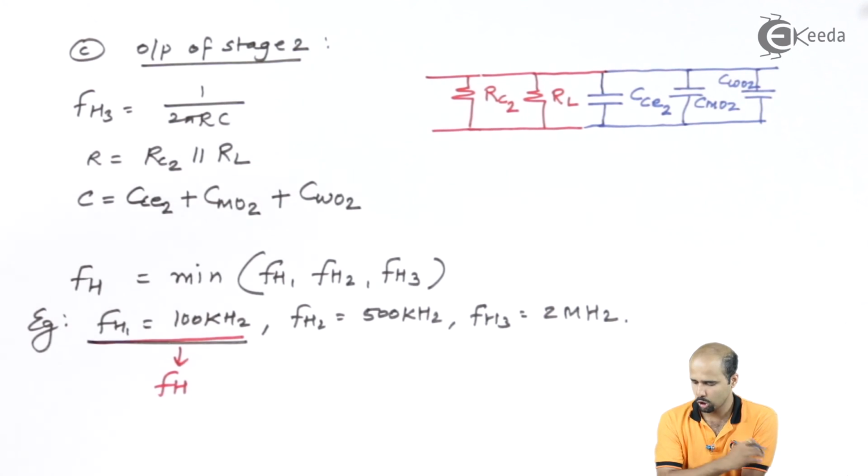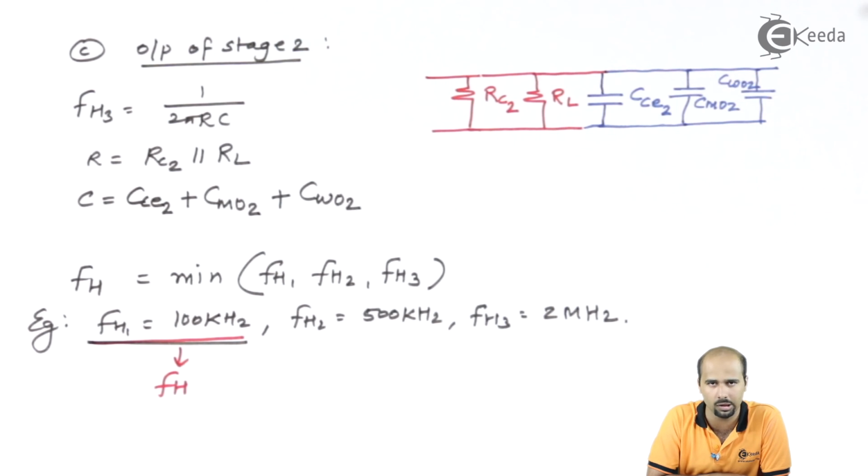Okay, so in this particular video we have learned how to calculate the value of FH1, FH2, FH3 by using AC equivalent model, AC analysis, by using the concept of Miller's theorem, and by using the concept of the RC network and the frequency calculation. Note that your higher cutoff frequency should be the minimum out of all the frequencies which we have calculated by using